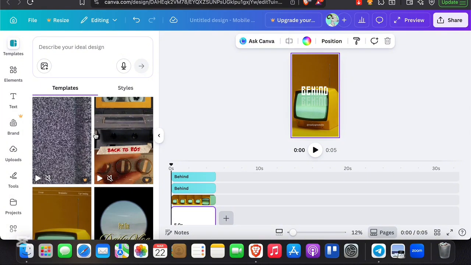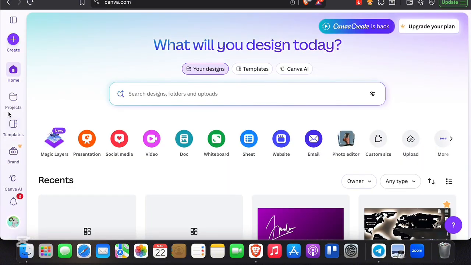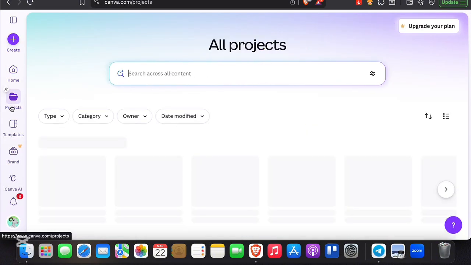Step 3. Prepare your content data. Now you need the content that will generate your videos. Create a list in Google Sheets, Excel, or directly inside Canva. The title should be like Save Money Fast. I'm gonna name the title Save Money Fast. Now I'm gonna go to home, go to the project,